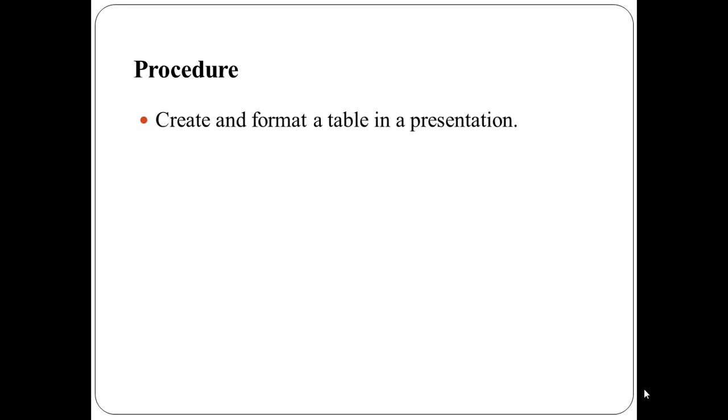You have to create a new presentation. Use relevant tools from the menu or shortcut keys to perform the following tasks. You have to create and format a table in the presentation. To create a table, select the slide to add a table. From the relevant menu, select Table and specify the number of rows and columns. To add text to the table cells, click a cell and then enter the text.